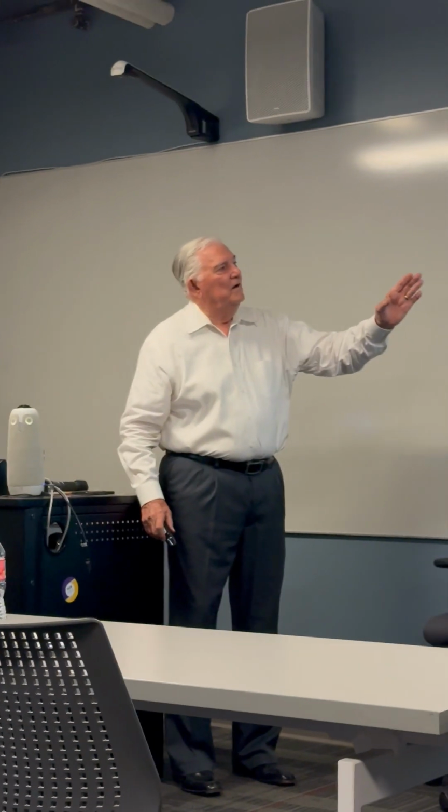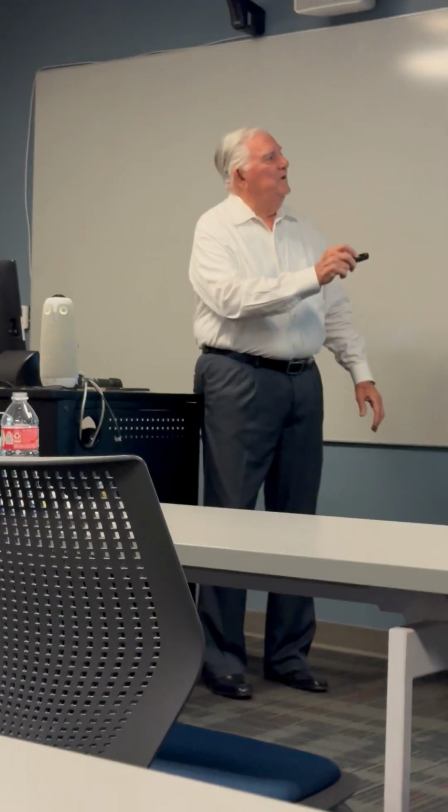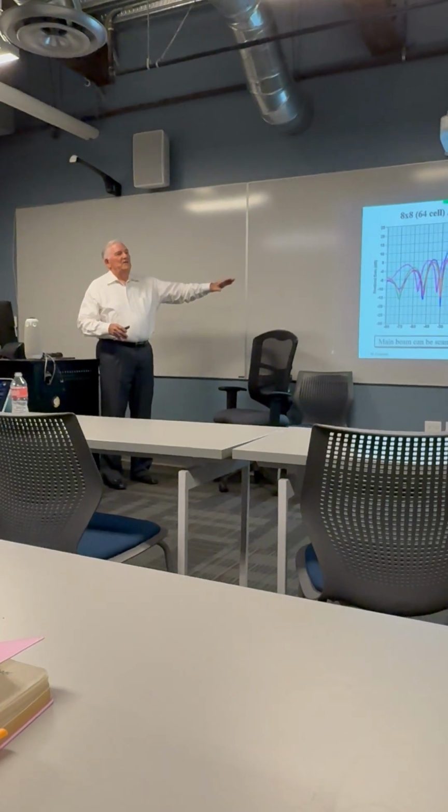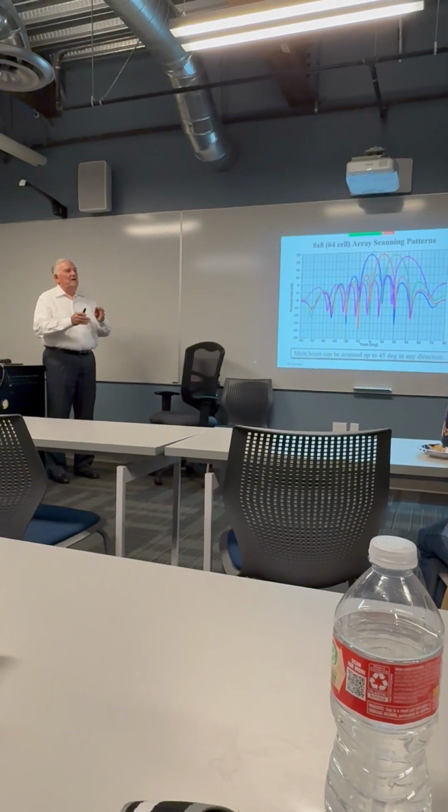That's correct. And if we tried to scan that out to 60 degrees, this stuff would be coming way up here and all sorts of funny stuff going on. All of that has to do with the spacing of the elements. That was all looked into at the very beginning. This pattern took 5 years to develop. Okay? And the first thing you look at is the size